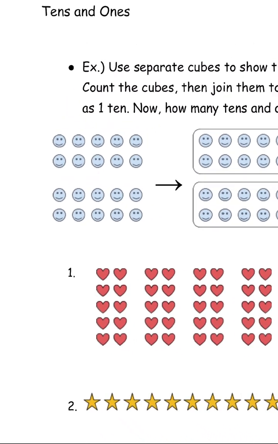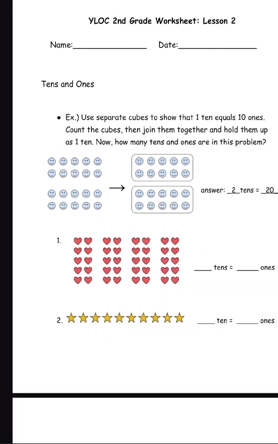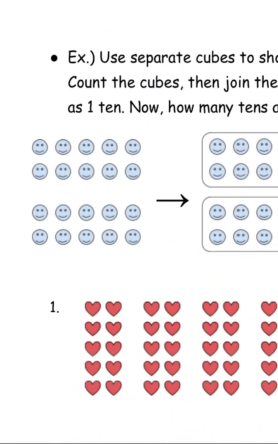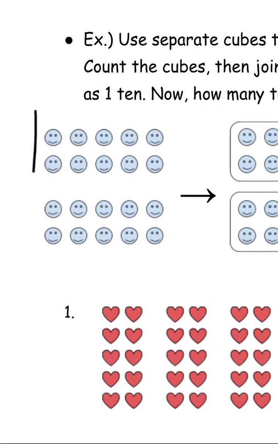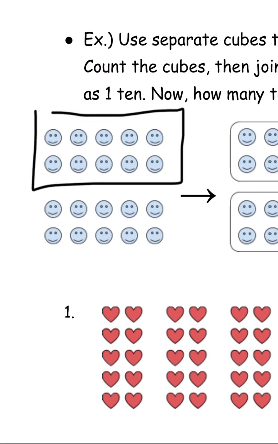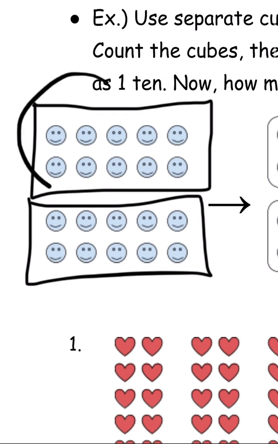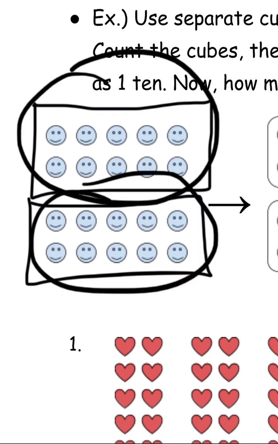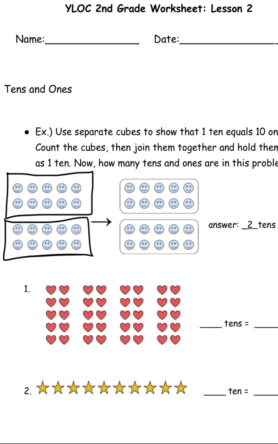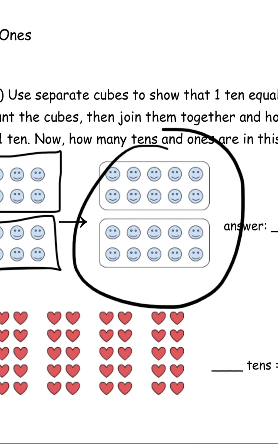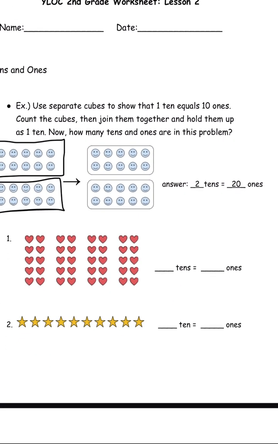So it says, first, use separate cubes to show that 110 equals 10 ones. So 110 equals 10 ones, right? Because there are 110, which is 10 ones too. So it also shows it over here, and then now it says how many tens and ones are there in